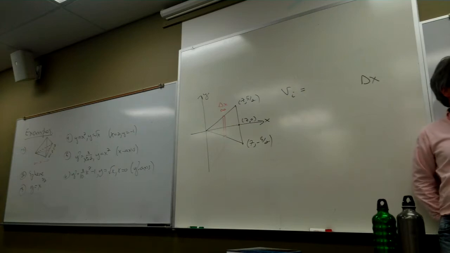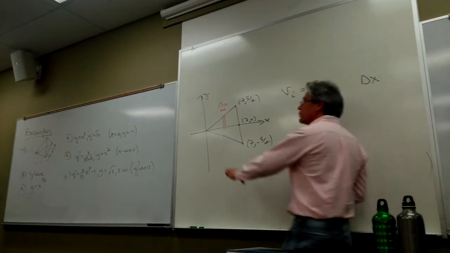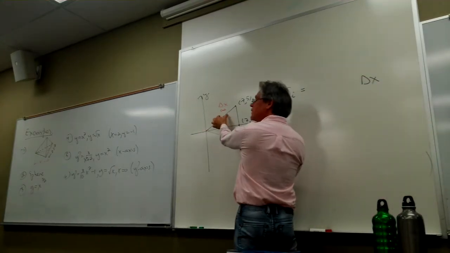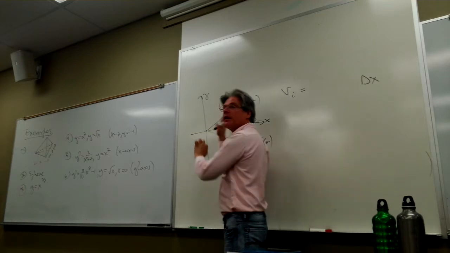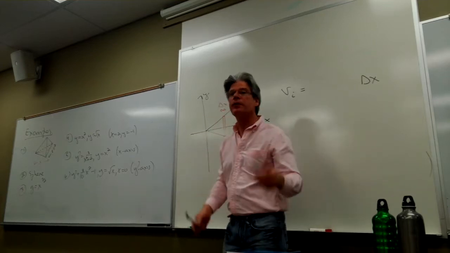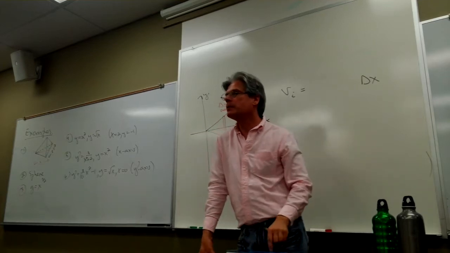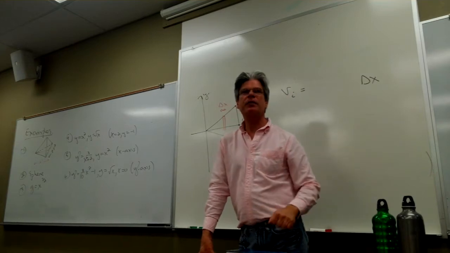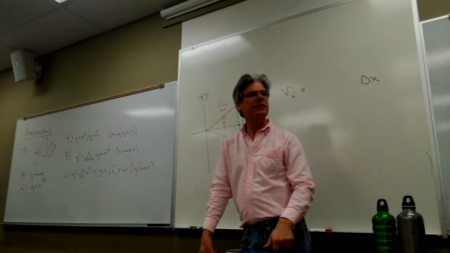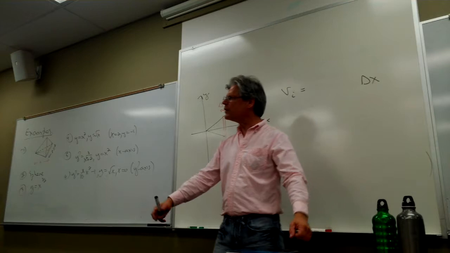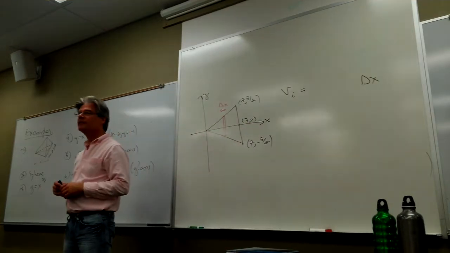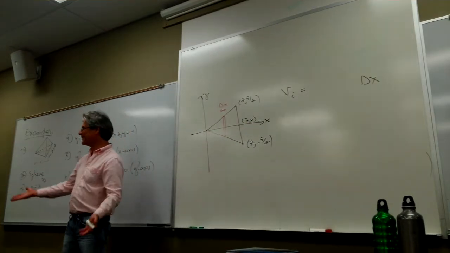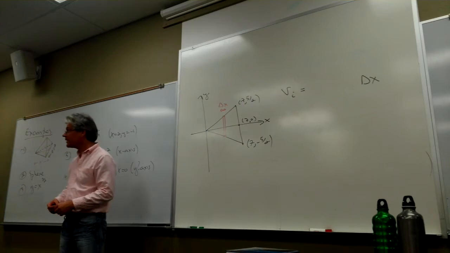But you guys, do you agree with me that the volume of this triangular region in 3 space is just the thickness delta x times the area of the side over here? But how would you compute the area of this triangle? How would you do it? One-half base times height, we could do that. I'm too tired. What's an easier way? Well, how many ways can you compute the area of a triangle? A bunch. Like one-half base times height, and